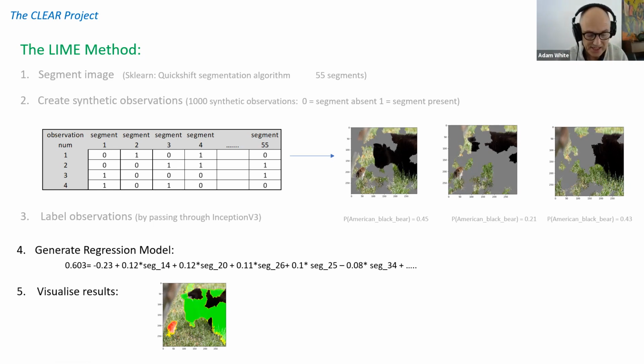But a key criticism is in its use of gray segments to generate the perturbed images, because the perturbed images might then often be outside the classifier's training distribution. And using these perturbed images would seem to provide a very poor basis for evaluating segment importance. Now we'll come on to clear image.